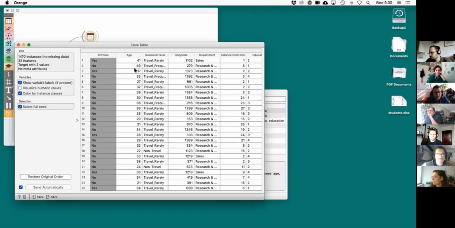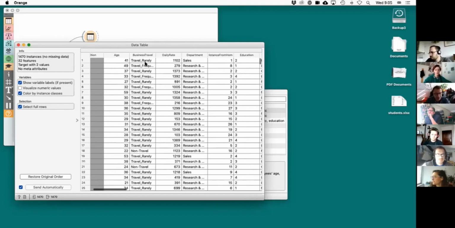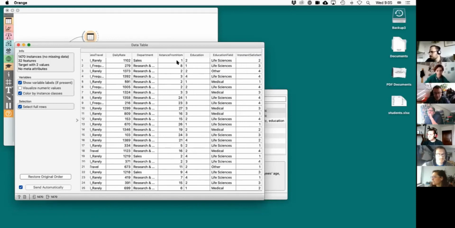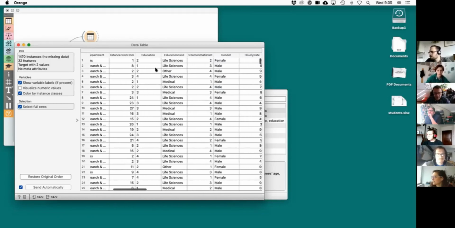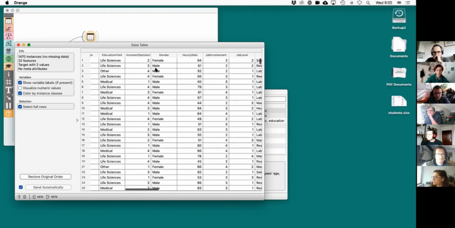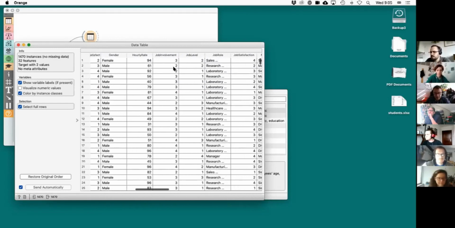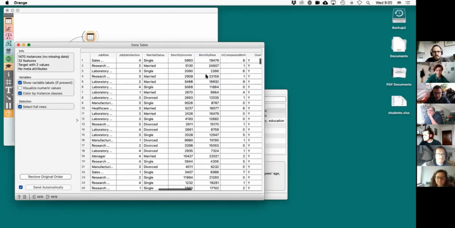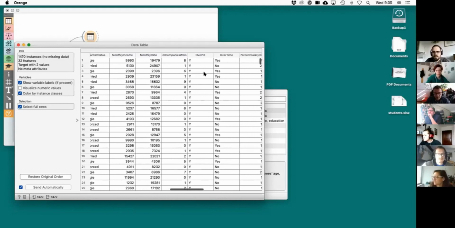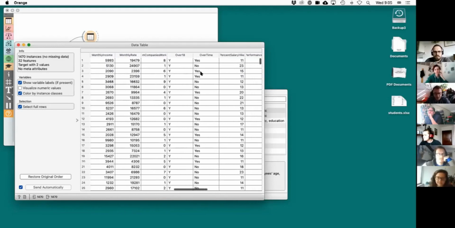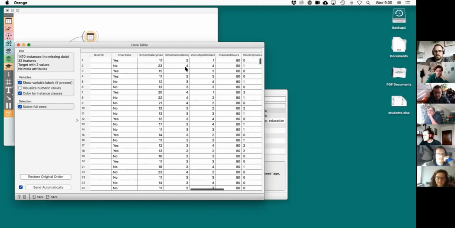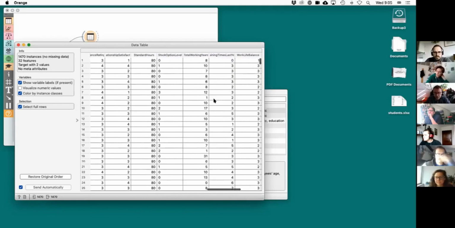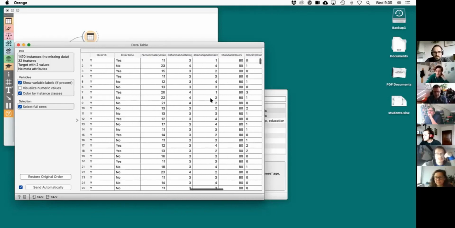There are a number of features here, like age, how often they travel, which department they work for, the distance to work, their education, gender, how much they are paid, the job level, current satisfaction with the job, whether they're married, monthly income, and whether they're over 18. That's strange. Whether they work overtime, whether they have some shares of the company, the total working years, and so on. So all these factors.